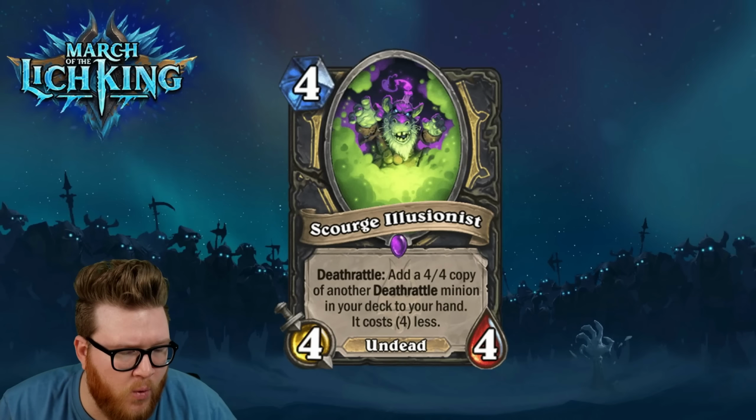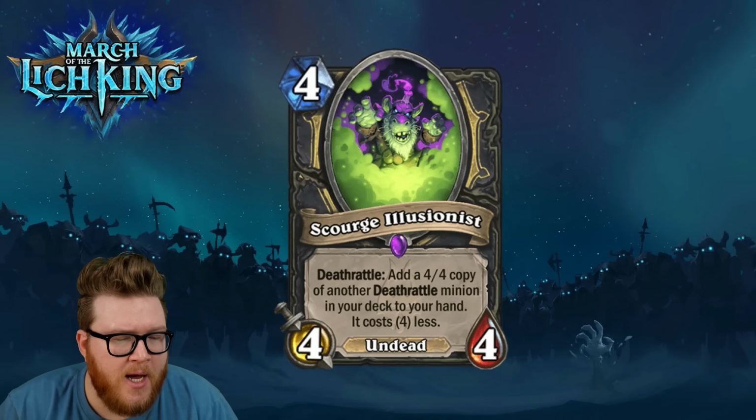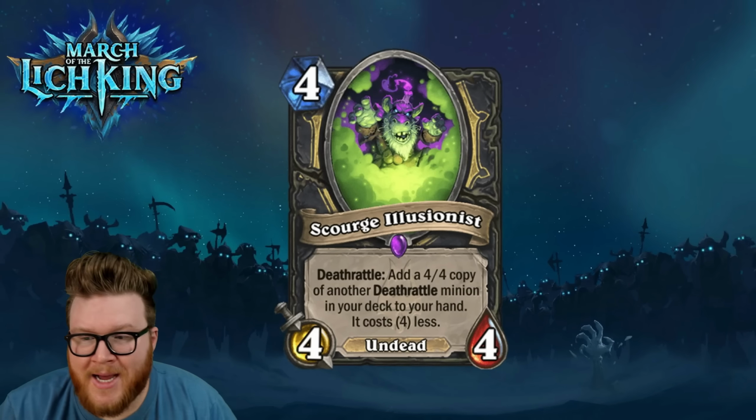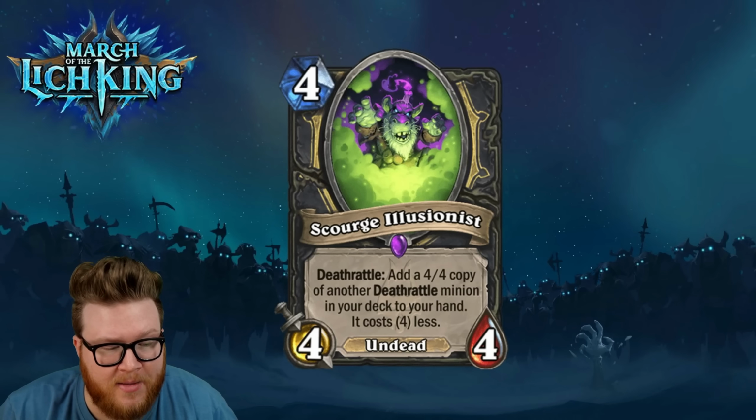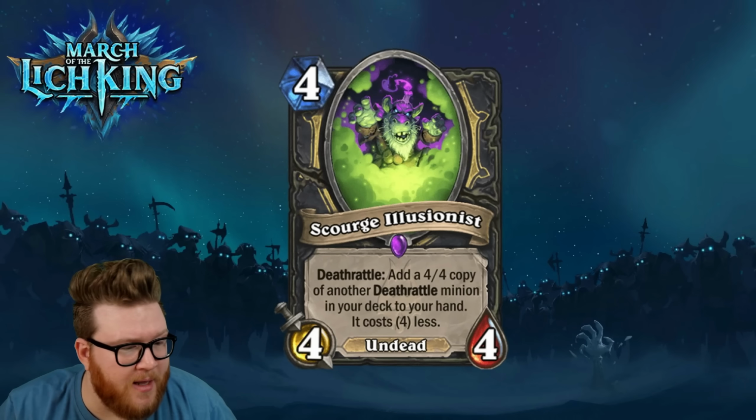It costs 4 less. So do keep in mind the wording there, another Death Rattle minion. That means it won't be another Scourge Illusionist where you can just create chains of these, but still a really significant discount there at 4 mana. So you could put some really big stuff in your deck with a nice giant Death Rattle and then get